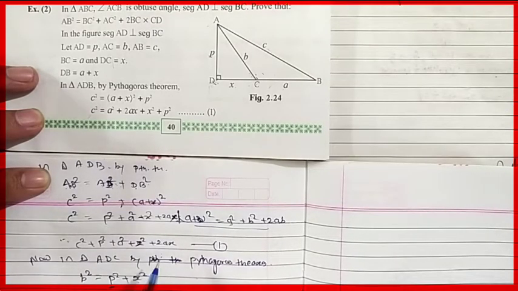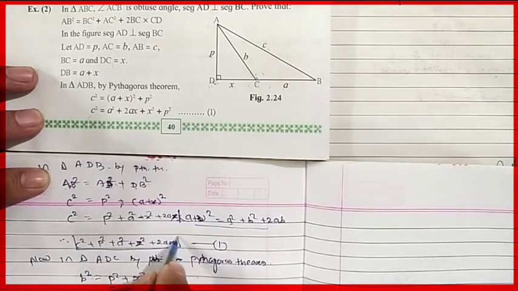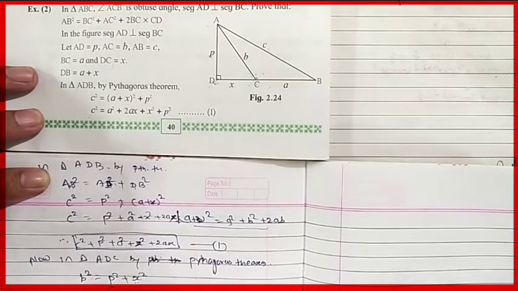Okay, so we can write as P square equals, see we are transferring X square to another side, it will go in negative form, so it will become B square minus X square, and it is our equation number 2. This one is equation number 1. Okay, so in here we have P square equals to B square minus X square. So instead of P square we have to write this part.